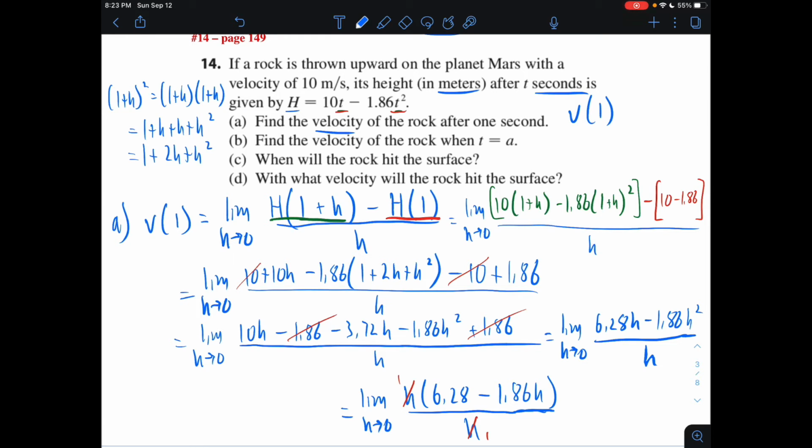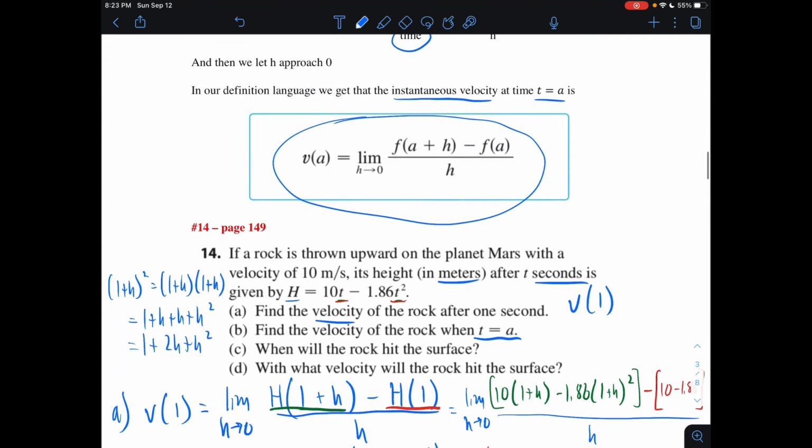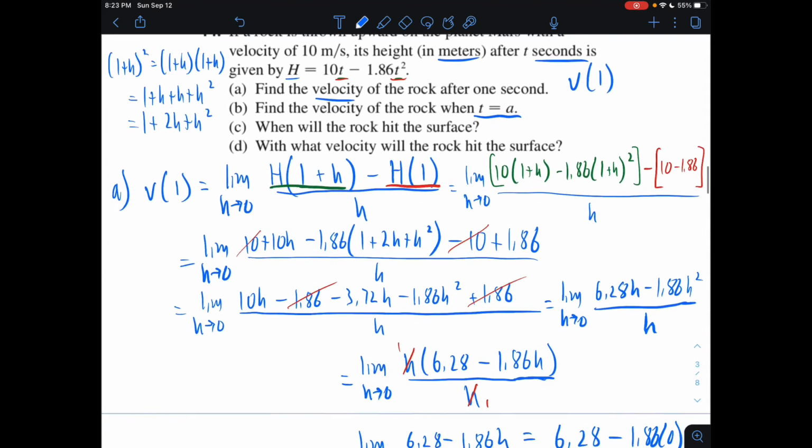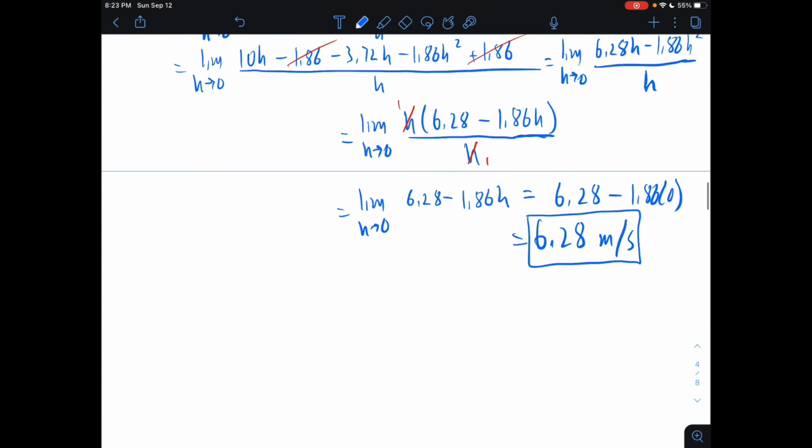All right, so then part B is very similar to part A. In this case, in part B, find the velocity of the rock when t is equal to a. This just means we're finding what's defined up here, v of a. And it's all pretty much the exact same work. So let's just run through that. Part B,